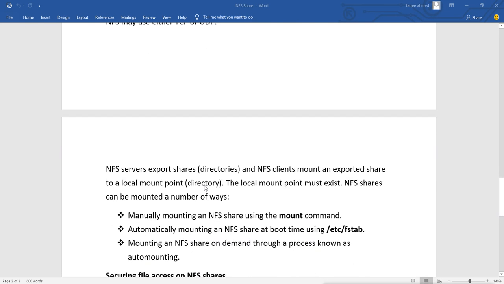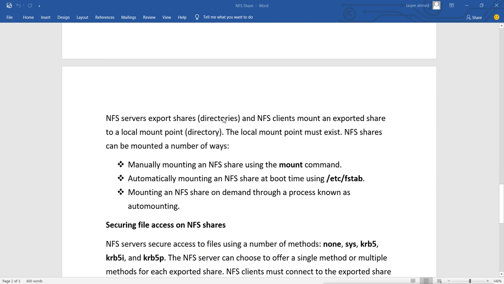Now NFS servers export shares, that is directories, and NFS clients mount an exported share to a local mount point, that is a directory. The local mount point must exist, and an NFS share can be mounted a number of ways. Basically we create a local directory in our client and mount the NFS share on that directory.